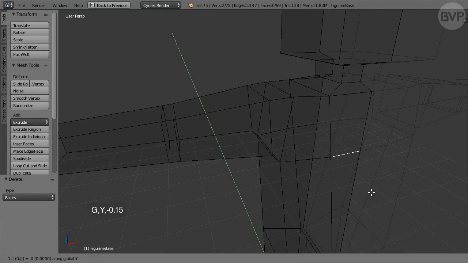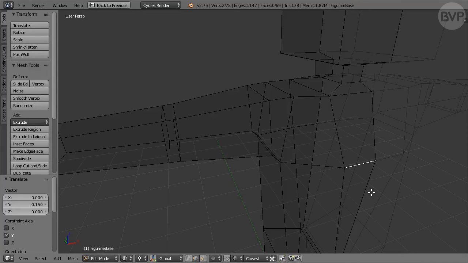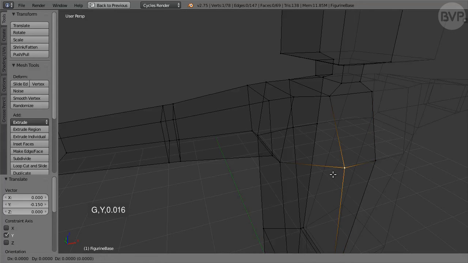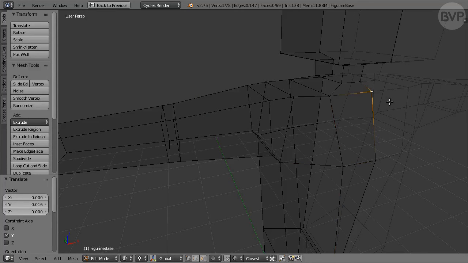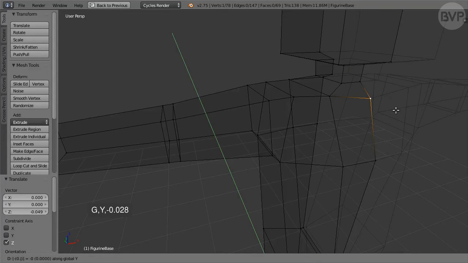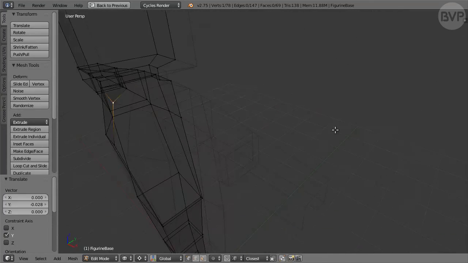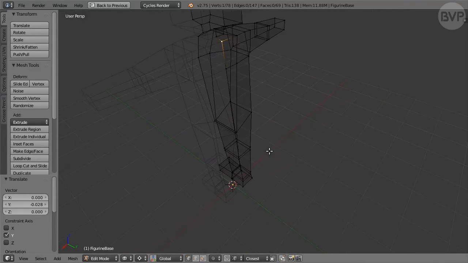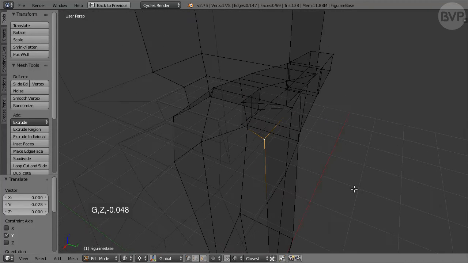Y, enter -0.15. Switch to vertex selection, select the left vertex of the edge, press G followed by Y, enter 0.016. Select the central vertex above the chest and press G followed by Z, enter -0.049, then G followed by Y, enter -0.028. Rotate the view and select the counterpart of this vertex on the back, then press G followed by Z,